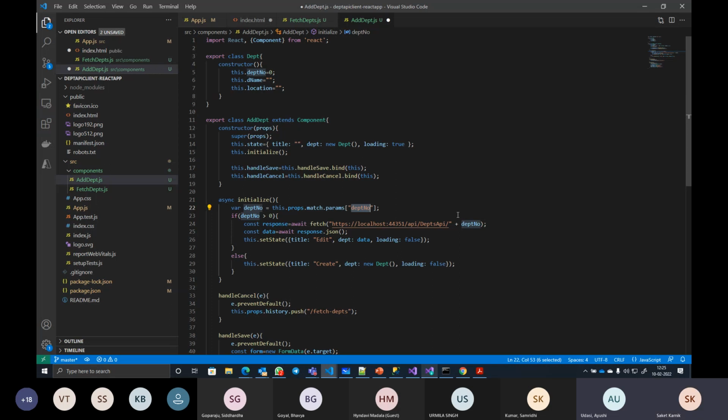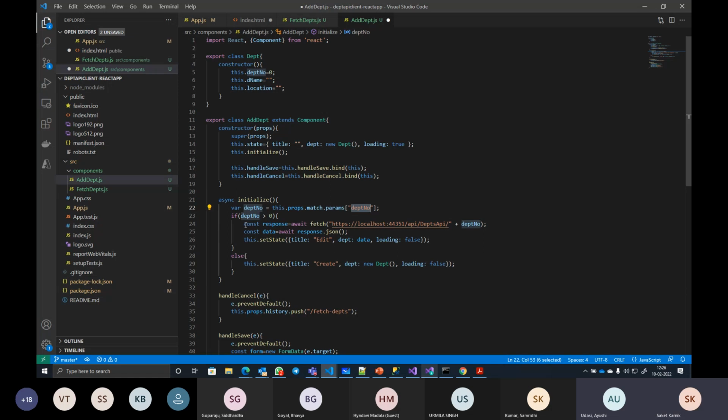But if it is an edit request, in that case, there will be department number here. So I'm retrieving that param here. Checking if it is greater than 0, that means it exists. Then the UI should be something that delivers for edit operation, which means the existing data for this department number should be automatically displayed in the text boxes, just like in that Angular application we saw.